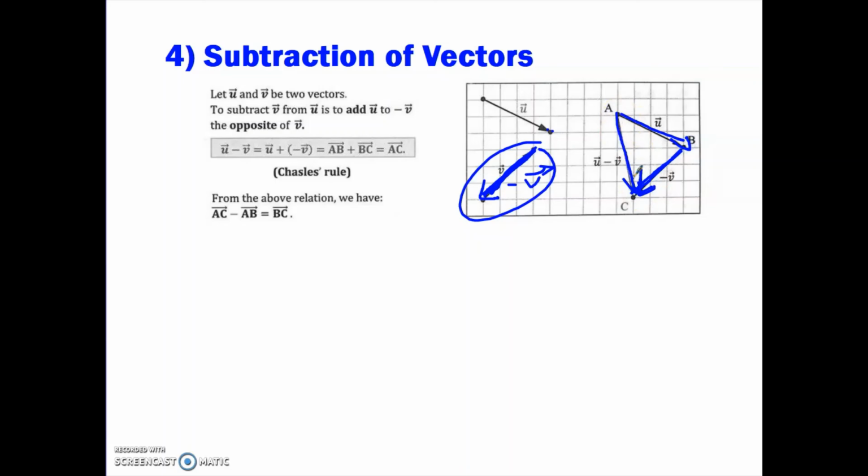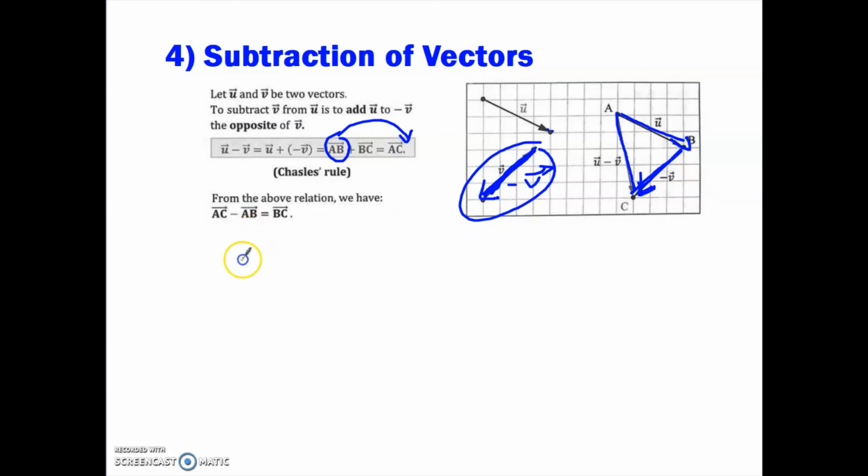Okay, so u plus minus v is this vector, which is u minus v. So we can see that if I call these points a, b, and c, we can see that AB plus BC is equal to AC, which is the same as saying AC minus AB. So if you take this to the other side, AC minus AB is equal to BC. So this is another way of memorizing Chasles's rule, but in order to reduce the need to memorize, you can